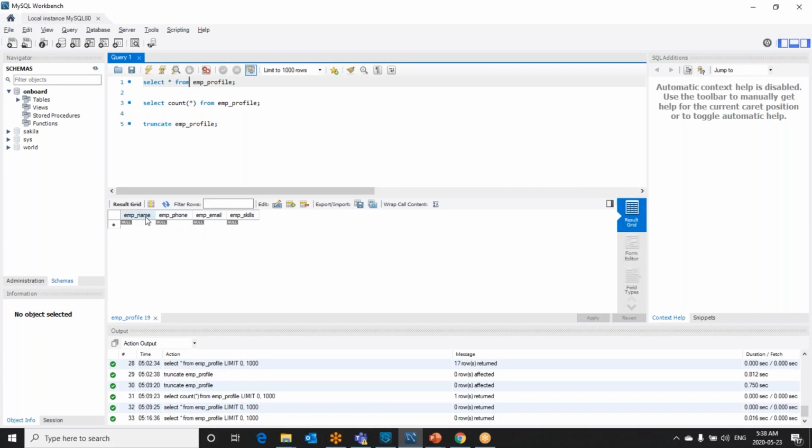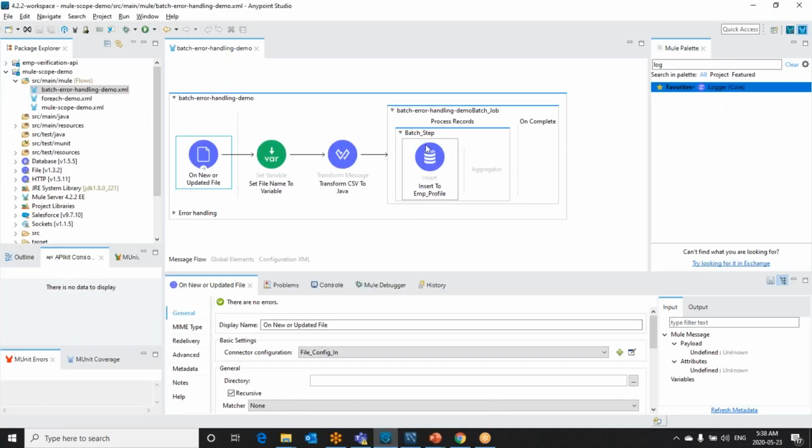So once I dump the data here, any vendor, like any other company, like Microsoft, Google, Deloitte, any company reaching my consultancy and asking for employees with specific skills, I can query my database, get the employee details and provide the same to the vendor companies. So this is the use case. I am going to get a huge amount of profiles data through a CSV file. I will read the file and load the data into the database table.